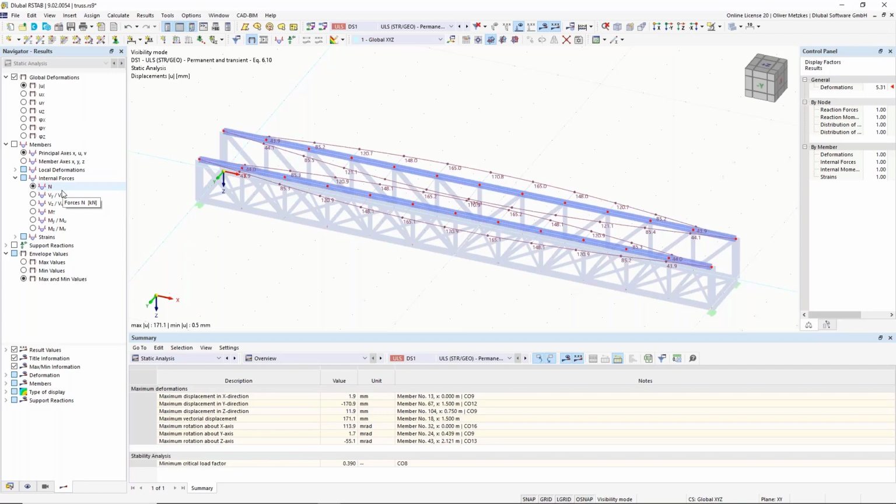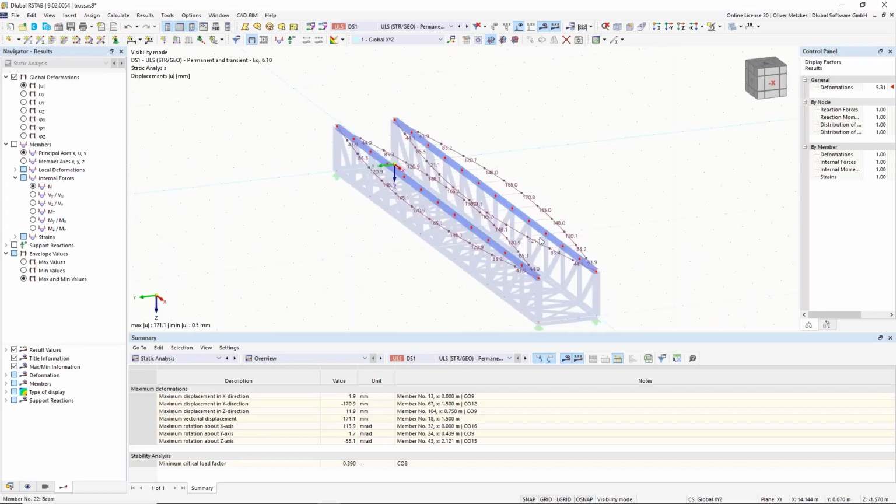Okay, so now we have created the combinations, we have modeled the structure, and now the next point that we want to look at is the determination now of the buckling length, because that would be the interesting point here. For my top girder, as I don't have here lateral restraints, I'm interested in the buckling length of this top girder. So we have now performed stability analysis, and we have performed it for every load combination in the design situation number 1. As a summary result, we also get in the summary table from design situation number 1 the minimum critical load factor from the stability analysis. And now we see it's